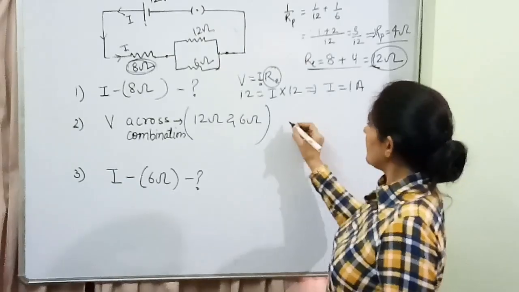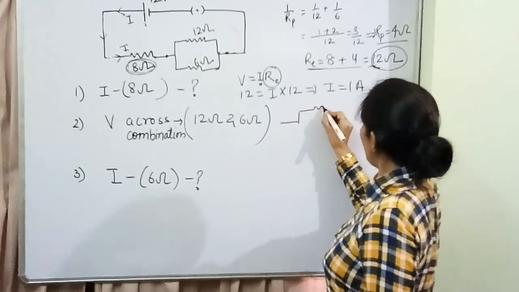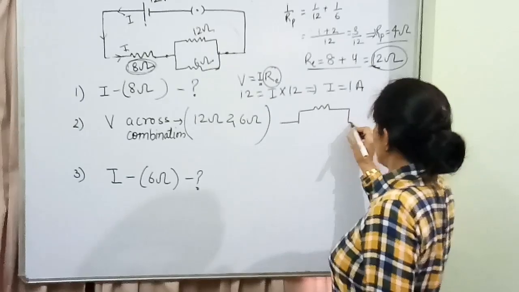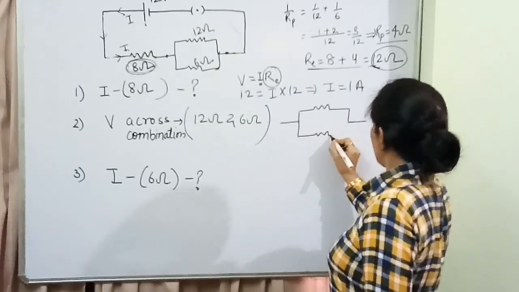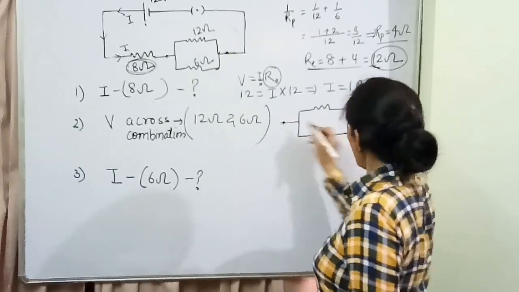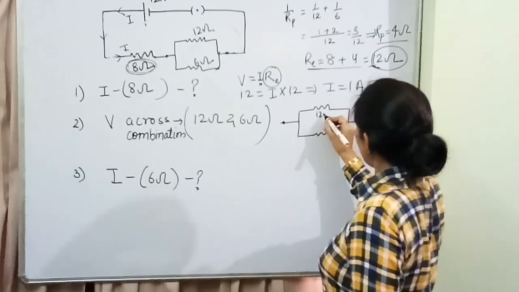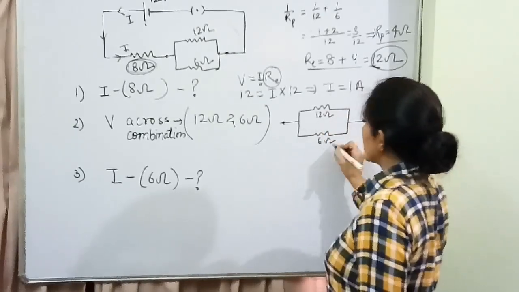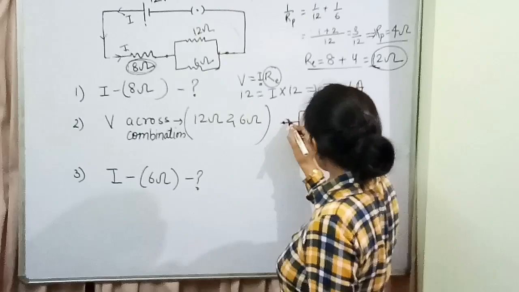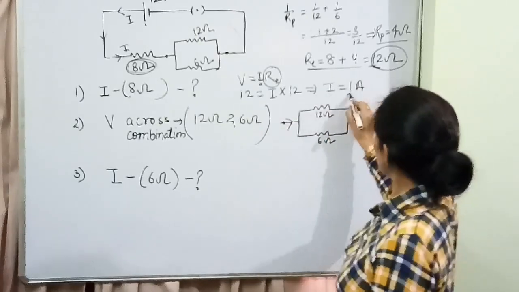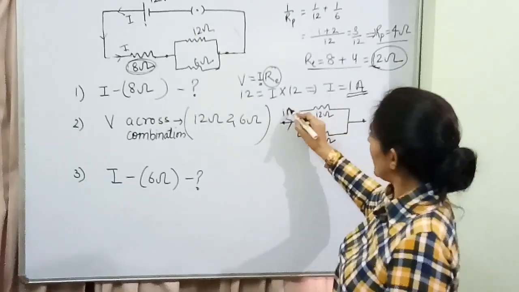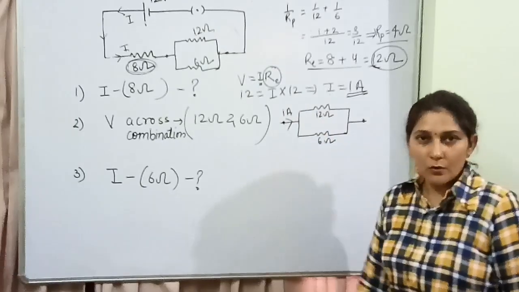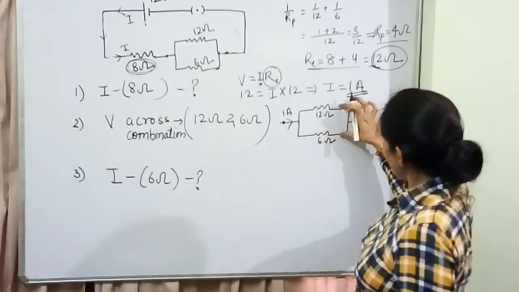अब मैं इस क्वेश्चन को ही अगर अलग से बना लूं, सो आई बिलीव यू आर एबल टू अंडरस्टैंड इट बेटर वे। अब हमें ये फाइंड आउट करना है बच्चे, यहाँ आपको पोटेंशियल डिफरेंस फाइंड आउट करना है अक्रॉस 12 ohm and 6 ohm, and we are aware total current coming to this is, total current हमने सर्किट में कितना फाइंड आउट किया है 1 ampere।